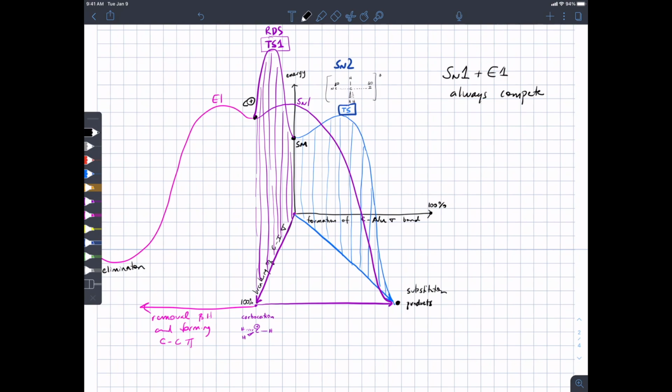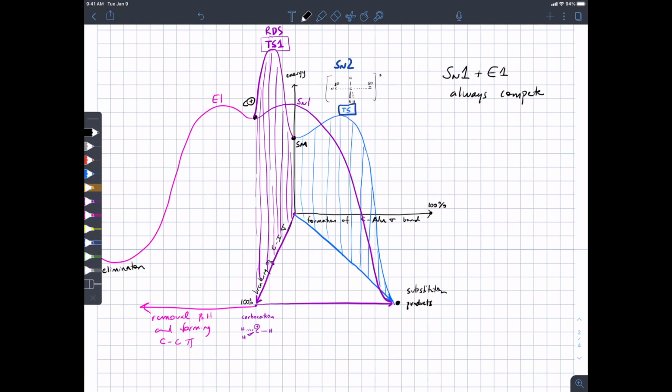If you go in the lab and you do one of these reactions and you find a situation where, hey, I can get 90% yield of substitution product and the rest of it is just elimination products that I don't want, and I can separate one from the other, great, you got a good reaction. If in contrast you think you're going to do this reaction and it's a mess because you've got 2 to 4 different substitution products and as many elimination products, well, you're not going to be surprised and you're going to know why. Why is it? Because those two always compete with each other.